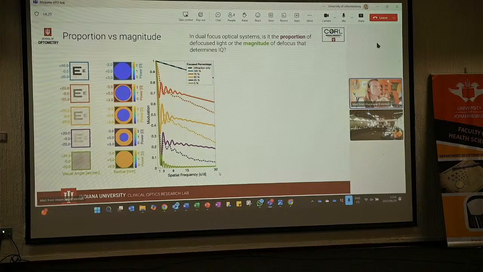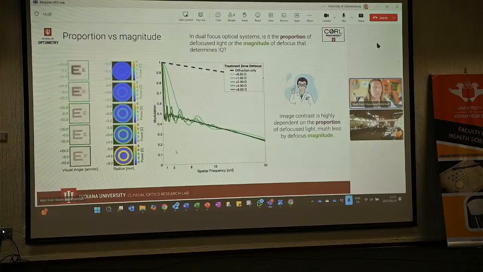This is 20/20 vision. What is the contrast? How much contrast do we have in the optic? If we look at the solid line, we can see that as we change the proportion, with more and more proportion of the treatment or focus conflict, the contrast drops and drops and drops in a very meaningful and controlled way. So clearly the proportion has a very, very profound effect.